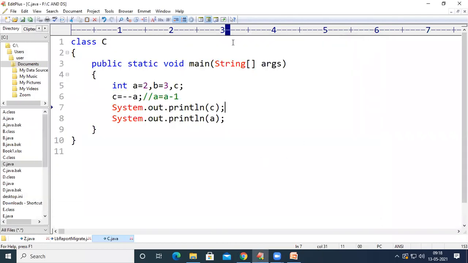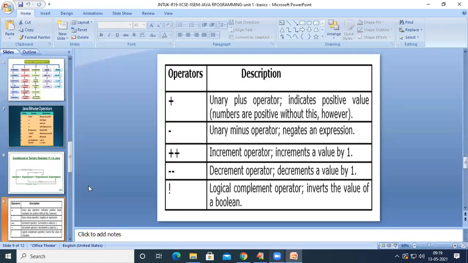In the case of unary operators, this is called the increment operator and this is called the decrement operator. Increment and decrement are each of two types: pre-increment and post-increment. In pre-increment, increment will be done first and then assignment, and in post-increment, increment will be done next. Similarly, in pre-decrement, decrement will be done first, and in post-decrement, decrement has the least priority, right? So this is all about these increment operators.